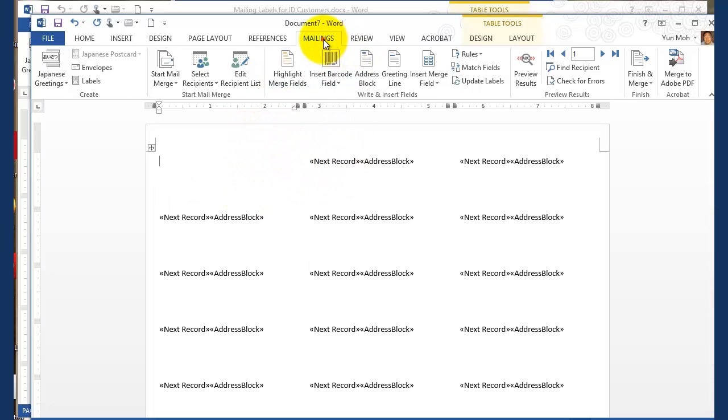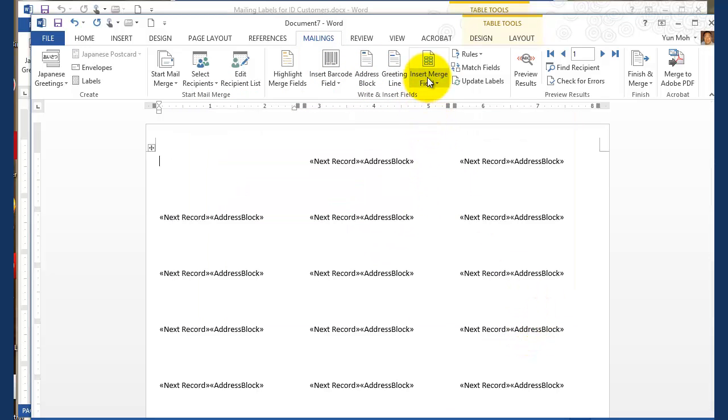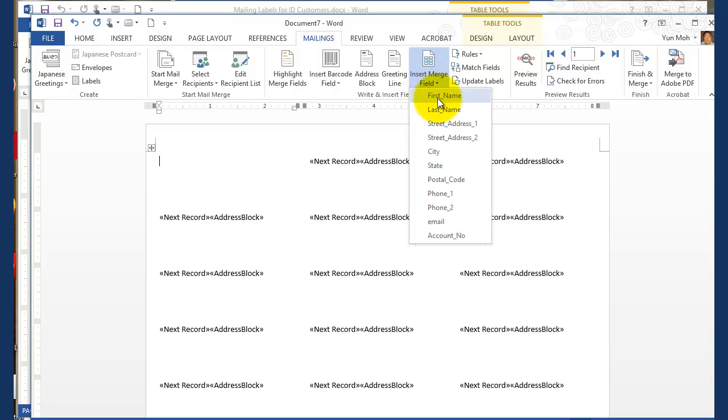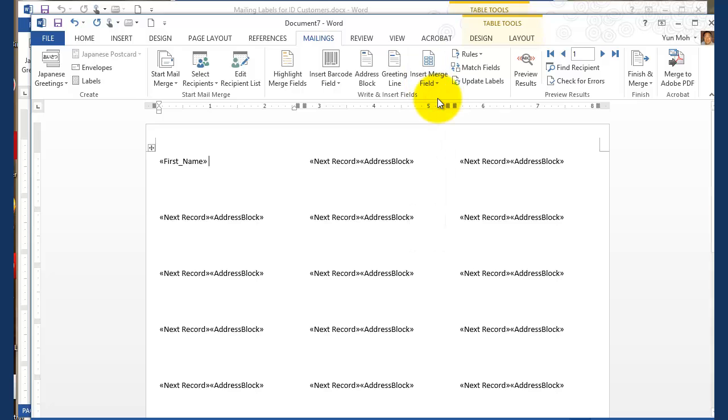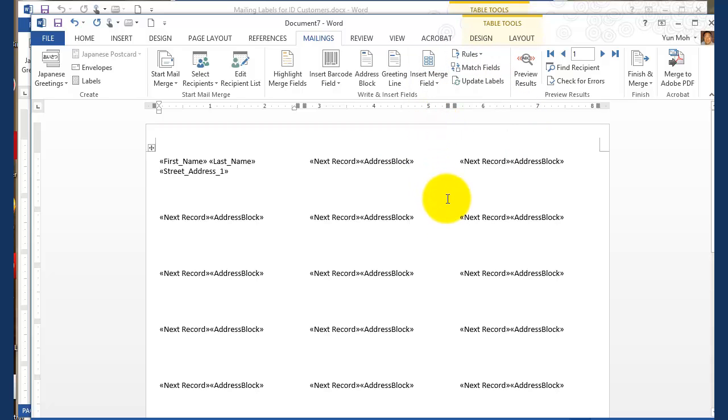Insert Merge Field, so I can have first name, one space, and then last name, and then hold down the Shift key and press Enter, so that gives a soft return. And then put street address 1, one space, street address 2,